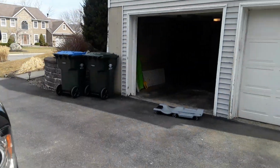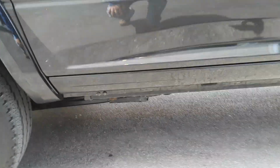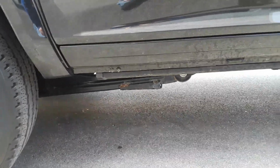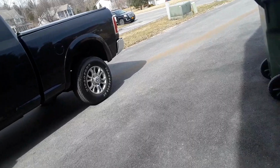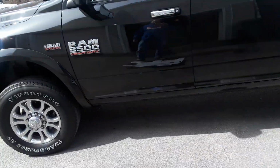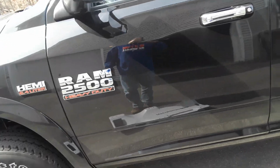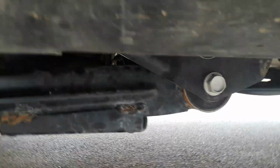Let's take a look. Some of the things I don't like about it are that there's rust already. I'll get under there and show you. I called up the dealership to ask about the rust coverage. Of course, they said no, there is no rust coverage for the frame or for the body. It's only for the panels. But to have rust on a brand new truck that only has 17,000 miles and it's all over the frame